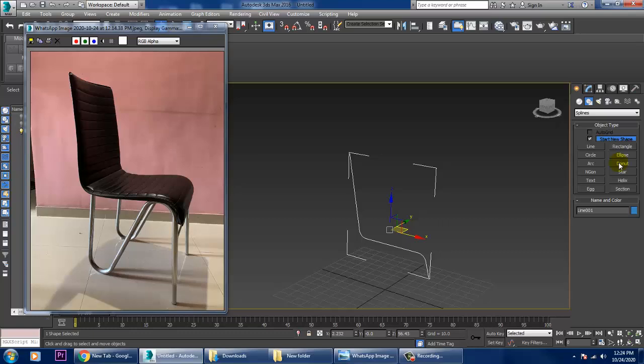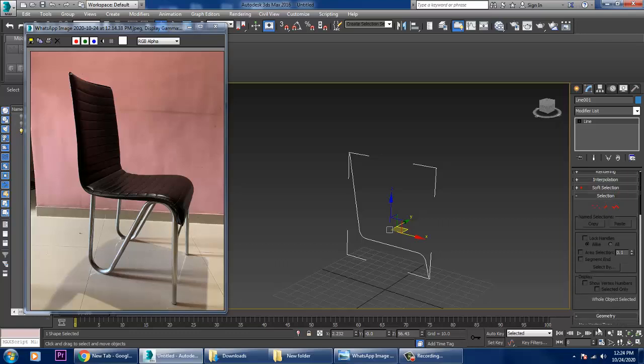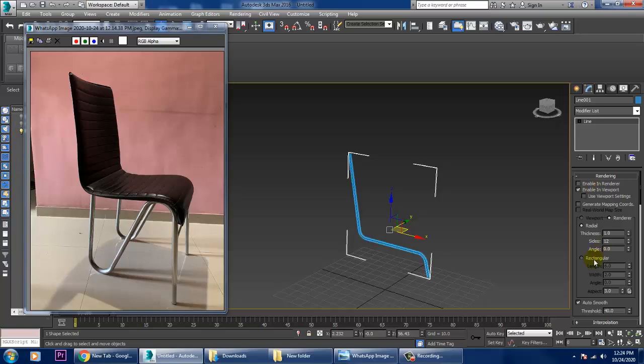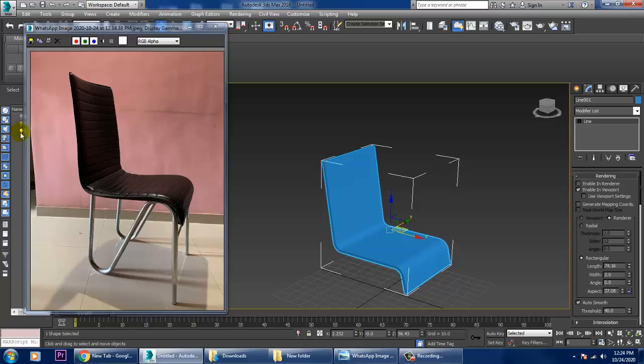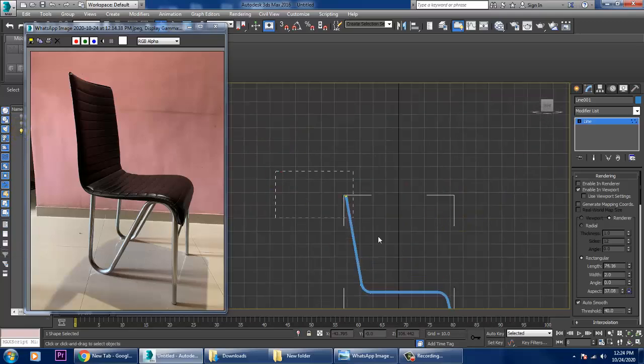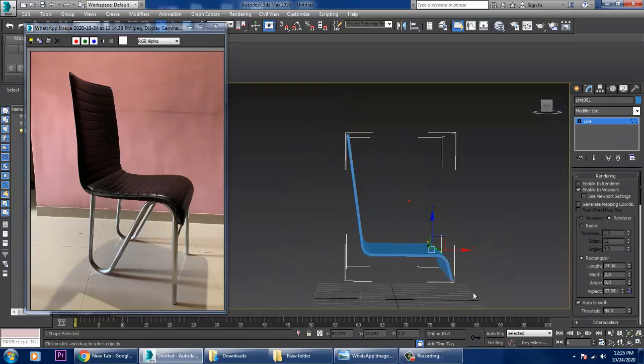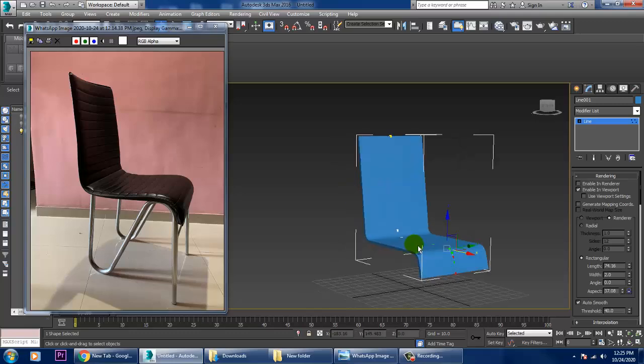After that, what I'll be doing over here is, I'll go into rendering, enable viewport and make it rectangular, and increase its length. You can just increase its length. If you want to increase its length more, you can just push it up more over here. After doing this, we can just slide it further more over here.